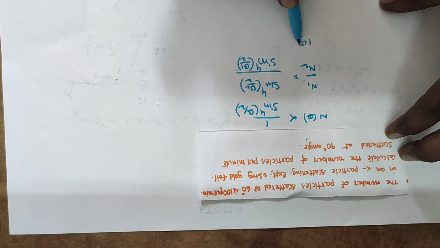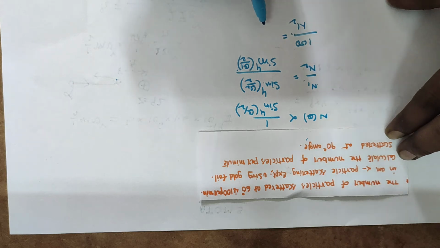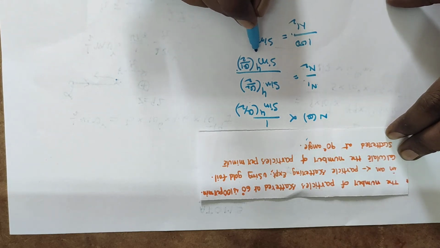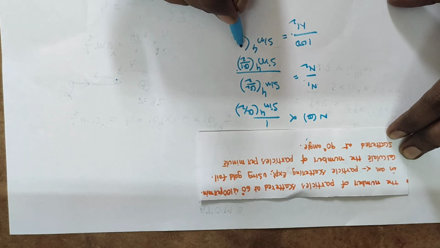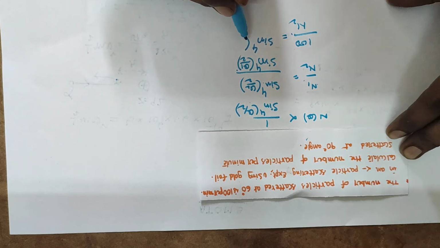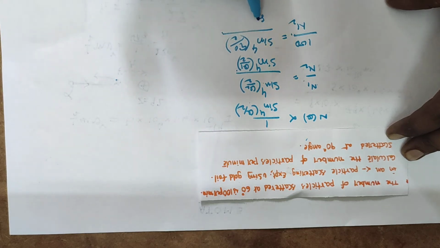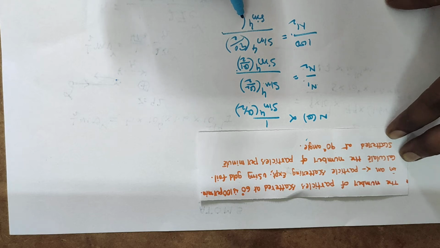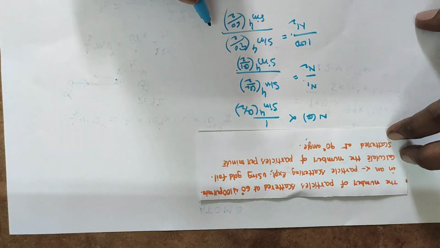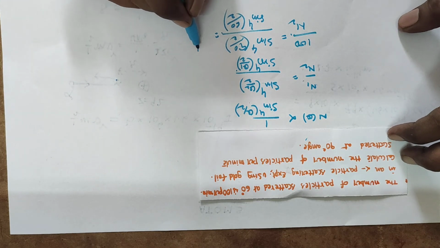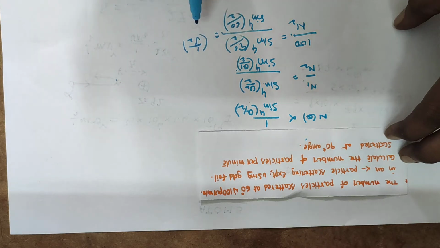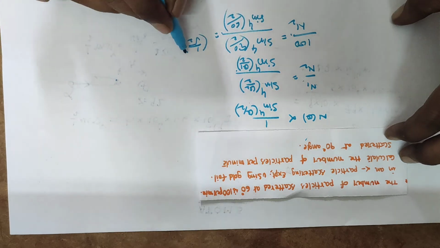Now you substitute: n1 value is 100, n2 value they are asking, so it is sine power 4 of theta 2, which is 90, divided by sine power 4 of theta 1. Theta 1 is 60, divided by 2. So here what we can write is, sine of 90 by 2 is sine 45, that is 1 by root 2,